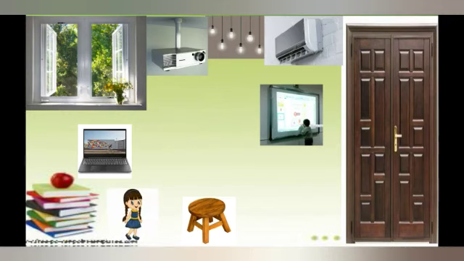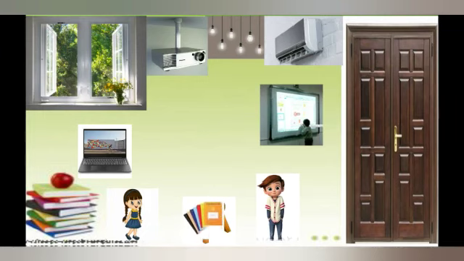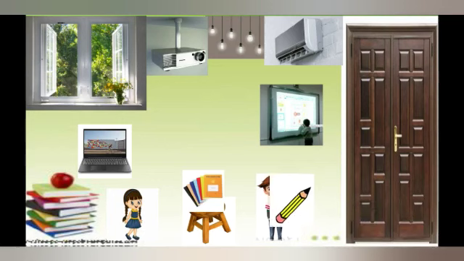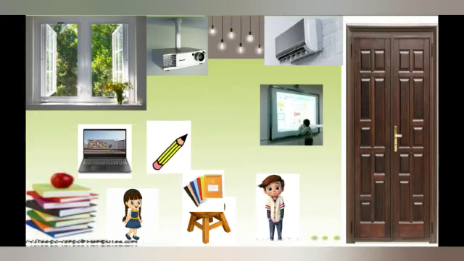And who is she? She is a girl. And who is he? He is a boy. The girl and the boy are here and all the things in the classroom are ready. So what do we need? We need some notebooks, right? See, this is called notebooks. And after we get the notebook, what are we going to do? We have to write, right? For writing we need what? We need pencil. With the help of the pencil we can write things in the notebook.